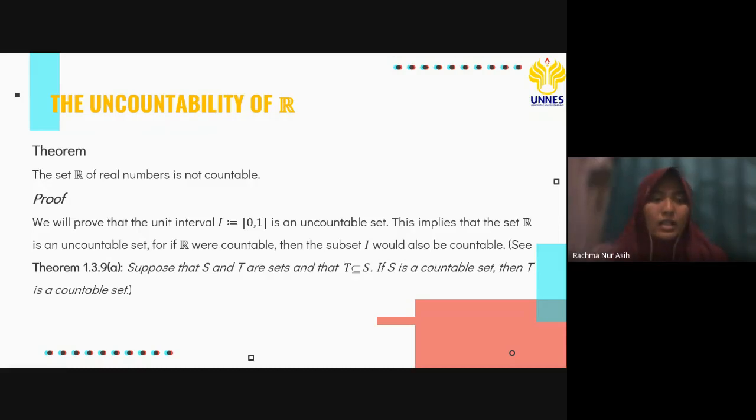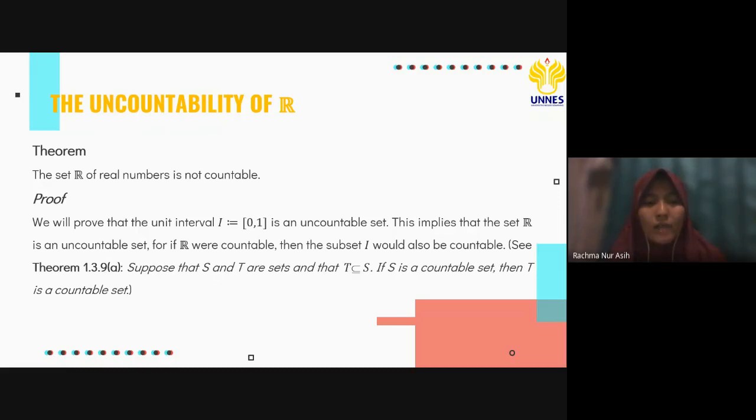The next material is the uncountability of real numbers. We have the theorem: the set R of real numbers is not countable. For the proof, we will prove that the unit interval I, defined as the closed interval from 0 to 1, is an uncountable set. This implies that the set R is an uncountable set, for if R were countable, then the subset I would also be countable. See theorem